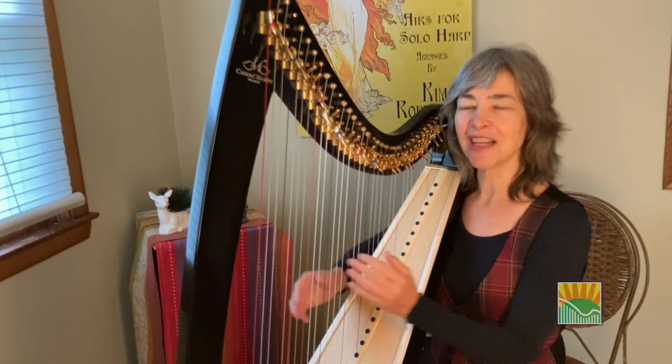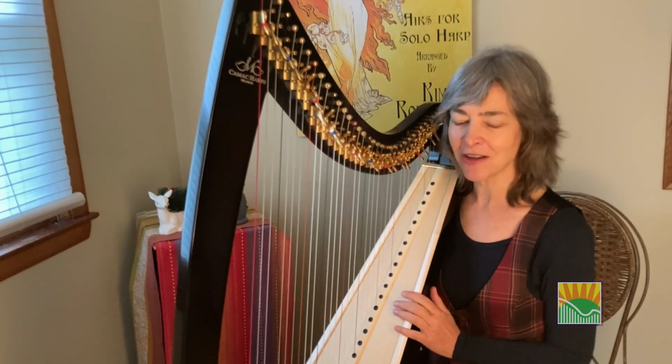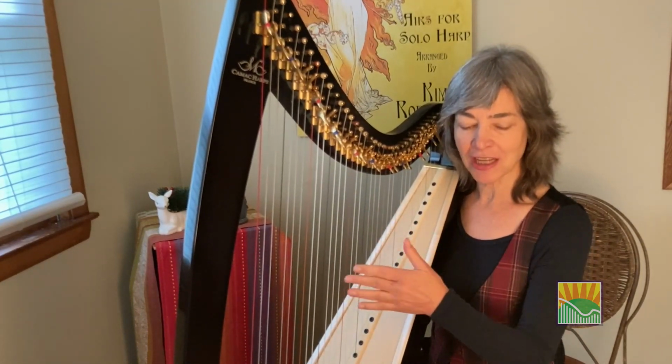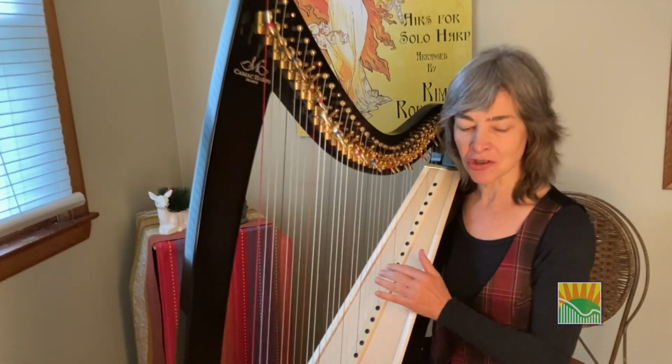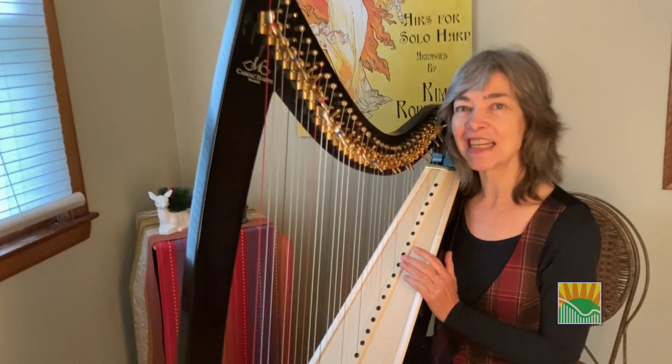So this one's kind of a built-in chill-out piece, isn't it? It's just so beautiful. You can just play it utterly simple because the chords are kind of sophisticated. They change every time. It's not like a drone tune. But what you can do with this one, the reason I included it on this handout, is I like to